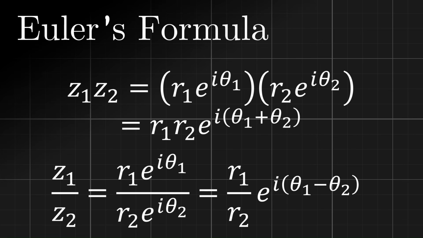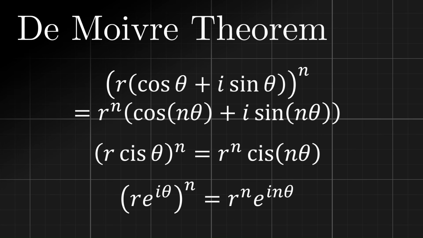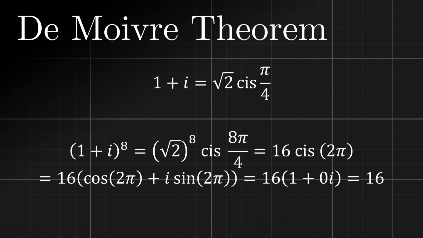Now what about powers? If we want to find z to the n for some integer n, using the multiplication rule repeatedly, or just using exponent rules with the Euler form, this gives us de Moivre's theorem. Essentially, to raise a complex number to the power n, you raise the modulus to the power n and multiply the argument by n. So, for example, de Moivre's theorem is fantastic for integer powers,